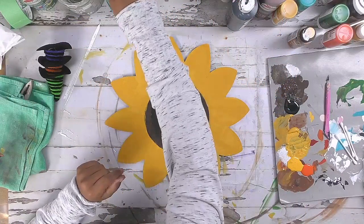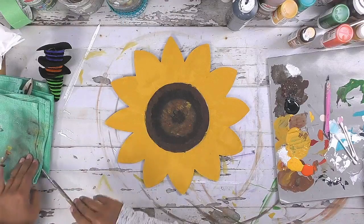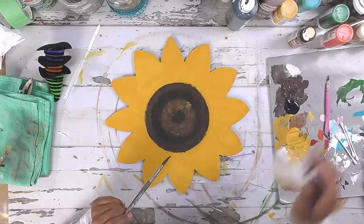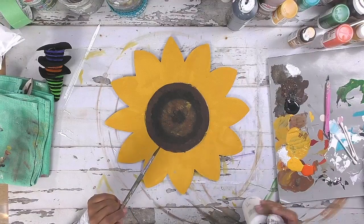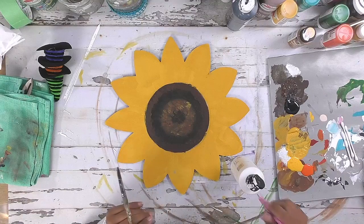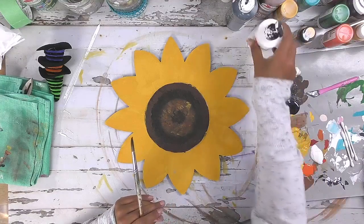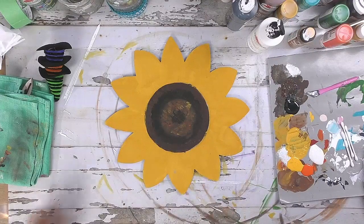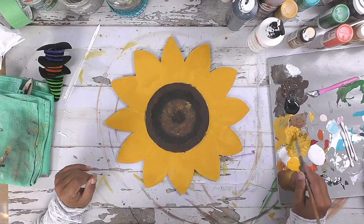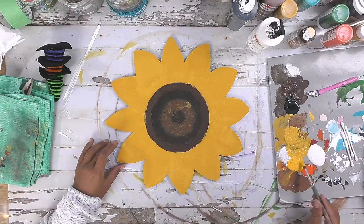Okay, so let's move back to the petals and add some color to those. Get some white out. Okay. Oh, I got a moth in here. So I'm going to go right back into my King's Gold here, and then I'm going to pick up some of this bright yellow